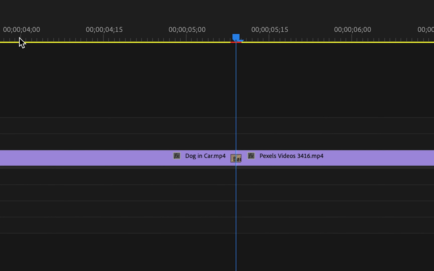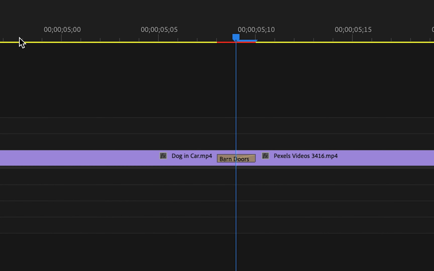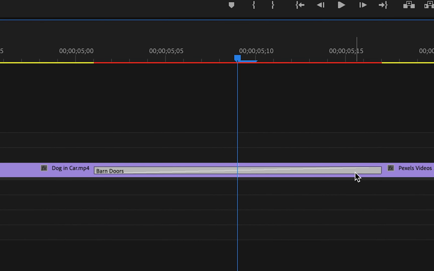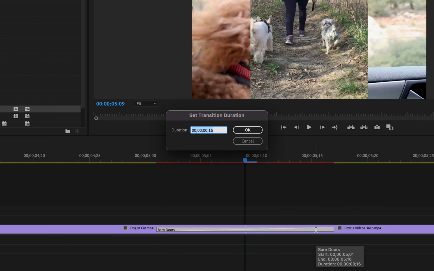As you can see, the length of this transition in this example is very short. That's because I have a default preset in my own personal Premiere Pro. We can make this longer by hovering over the edge of the transition. We'll see this little red slider come up, and then we can just simply drag along like so. Alternatively, you can double click on this transition and you can set an exact time for the transition.